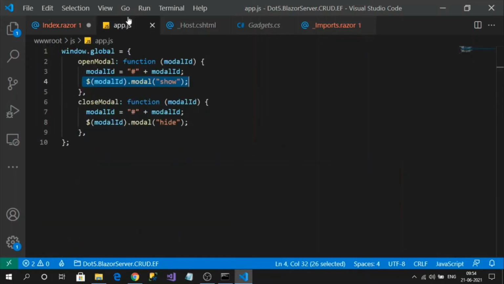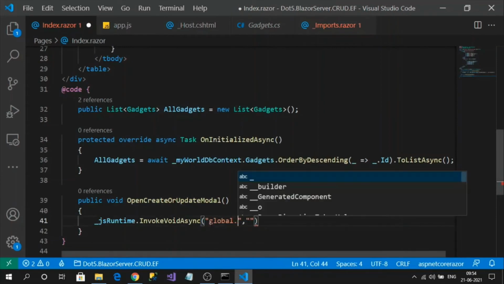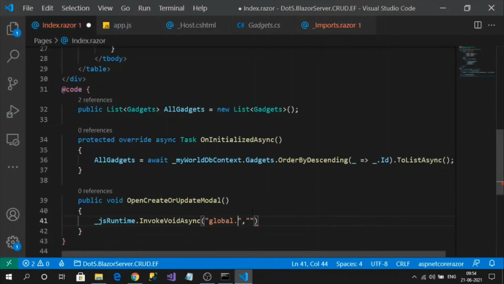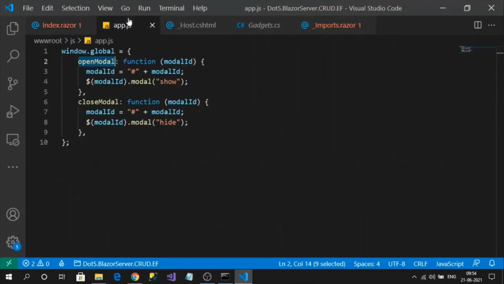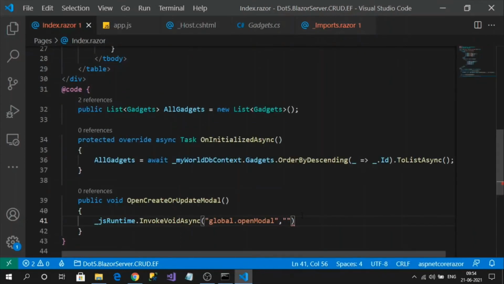The first parameter is the method I want to open, and since it is inside the global object, I have to specify global.openModal. The second parameter is the array of parameters for this JavaScript method. Here it only needs the Bootstrap modal ID, so a single parameter: the ID name that I am going to add.